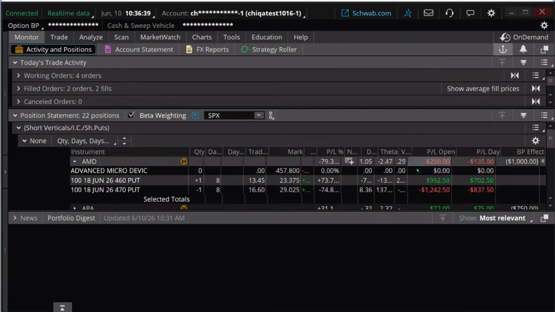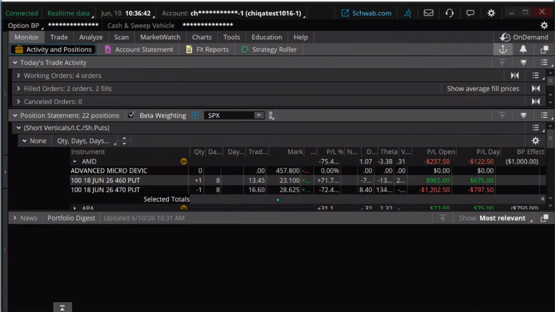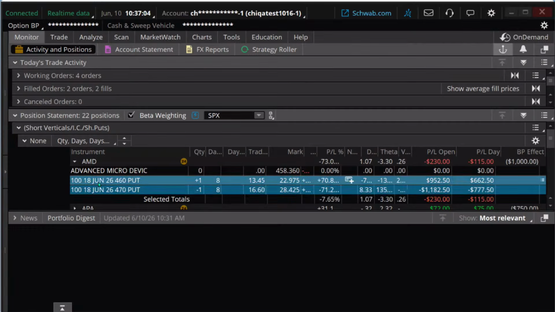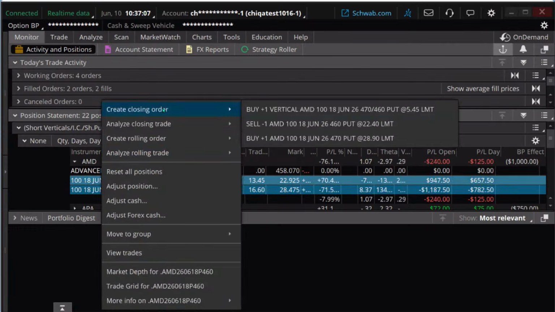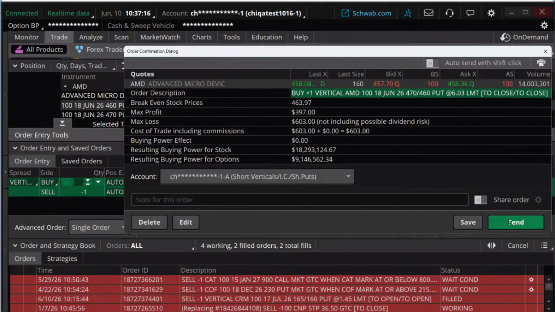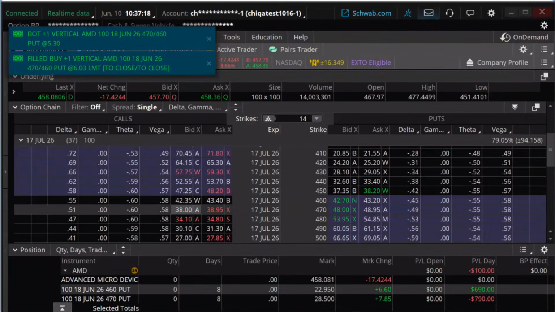Once you get in the money on these, your theta can shift though. Remember, we often talk about positive time decay on short verticals when we do them out of the money. Well, that's not always the case. If it goes in the money, your time decay can start to work against you. At this point, though, 8 days to go to expiration, we're going to get out. We're going to jump ship out of this one. I'm going to right click, create a closing order, and buy this one back and cut any chance of further losses. Okay, all right.